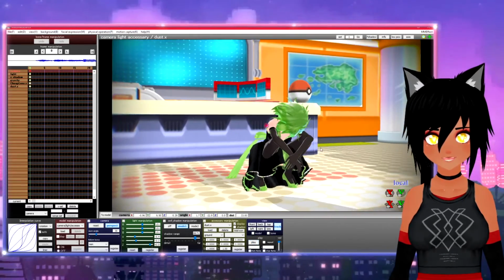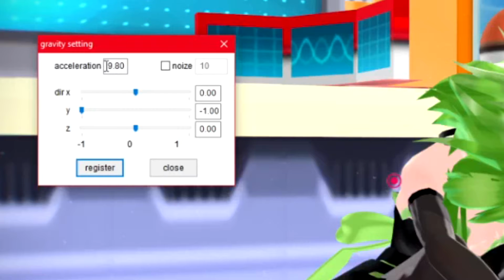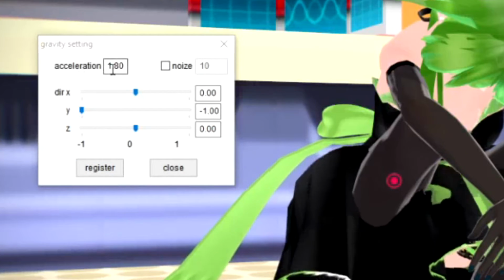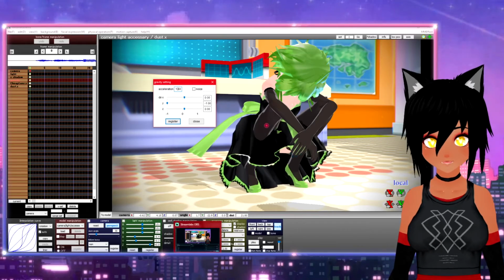Oh, another thing with the gravity. Gravity is fun, and now I can show you the gravity settings. Acceleration is how fast things will react to gravity. If you want it to be really floaty and flowy like you're underwater, you would do like 1 or something. And this shows the direction in which gravity is pulling. Obviously, with Y at -1, that means gravity is pulling down. And this is how fast things will be pulled down, in the simplest terms that I can explain.